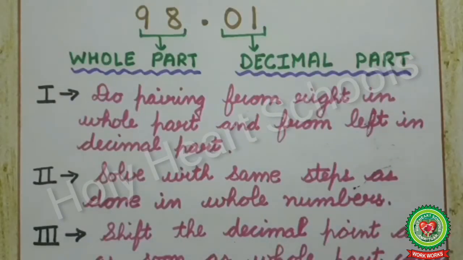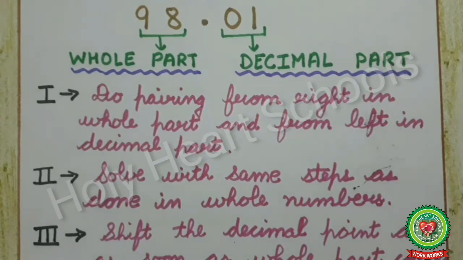Students, all the steps involved in finding the square root by long division for decimal numbers will be same as we have done in the video 1 for finding the square root of whole numbers, but there is a little bit of variation in some steps. Let's discuss that variation.